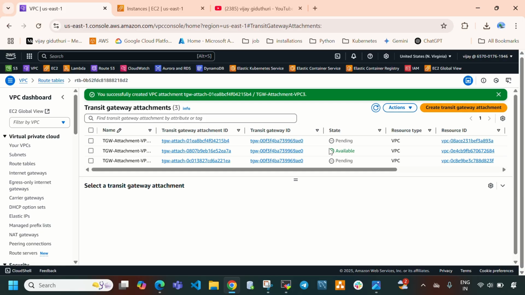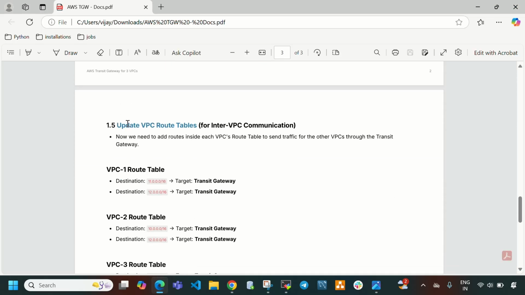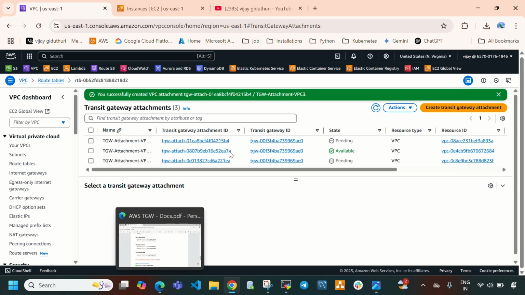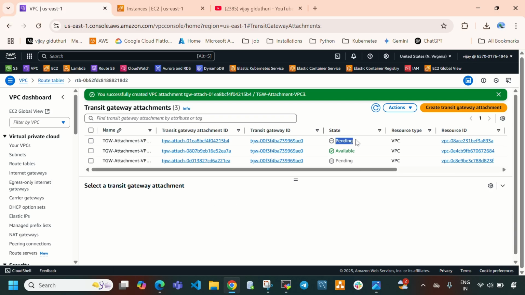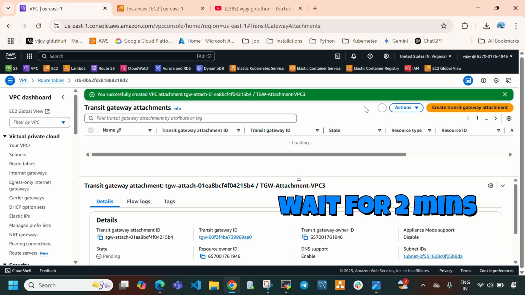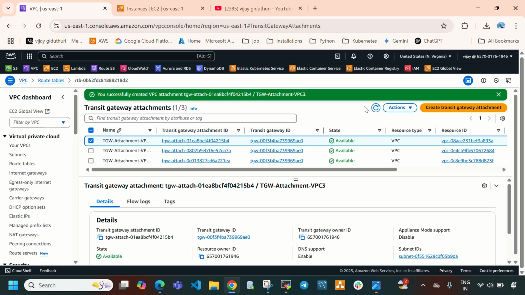After successfully creating these three transit gateway attachments, you need to update route tables for these three VPCs. I will explain that later. First let me see here available. Let's wait for some time. Here you can see all three transit gateway attachments have moved to available state.